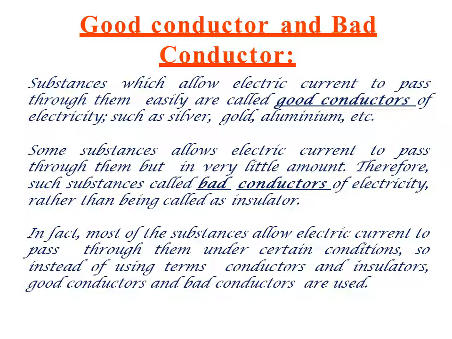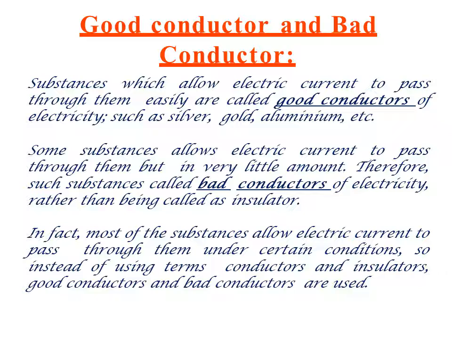That means they allow electric current to pass but not in a great amount. Therefore such substances are called bad conductors of electricity. They are not called insulators. Insulators are the substances which completely don't allow electric current to pass through the body,